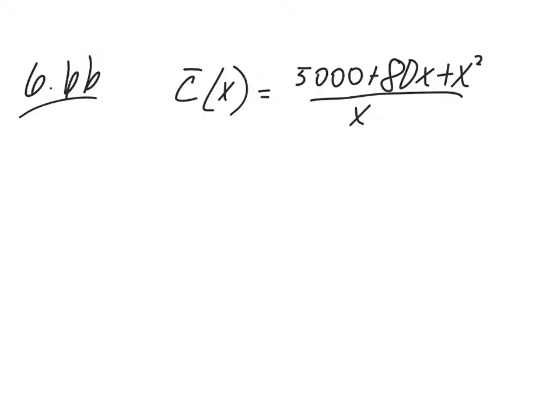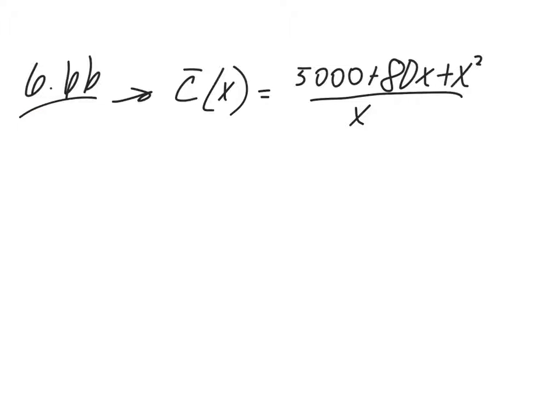Okay, so C is the cost. X is the number of units produced. So if we get a certain number of units produced, like 800, put it in here, it'll give us the average cost per TV. So we can find out the average cost so we know how much to charge, I suppose. Alright, so find the number of televisions that must be produced to keep the average cost to at